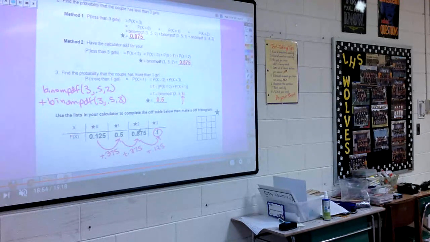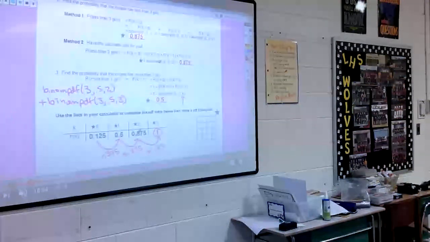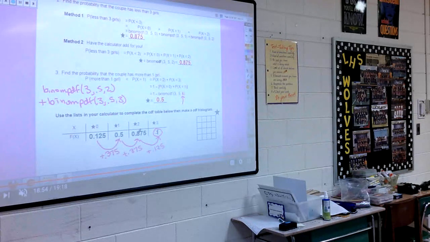So you've got to be careful. You're using a binomial PDF if you want an exact number of successes. You're using a binomial CDF if you want a maximum number of successes. And if it asks for more than, we have to do 1 minus a binomial CDF. So again, this is where it gets a little tricky, and you're going to have to pay attention going through these. We'll have another day of this on binomial, but I'm going to give you some problems to work through